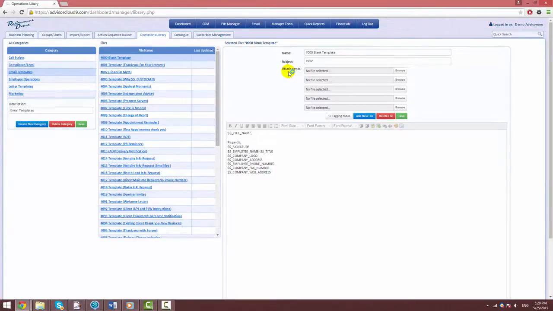As the user will notice, the signature is made up of tagging codes. The user can edit any of the information just like in a normal Word document. Below the Add New File, Delete File, and Save buttons, the user can edit format and font. If the mouse is placed over any of the format or font buttons, a small pop-up will appear to explain